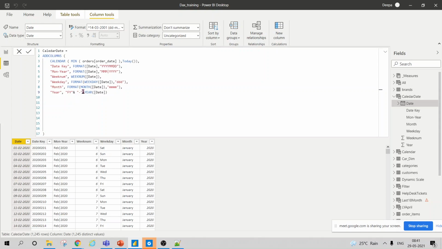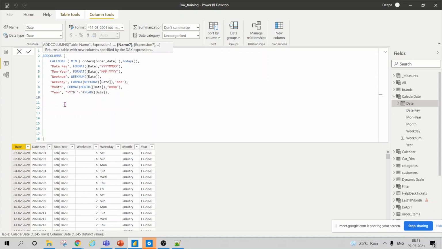So I'm writing this and this, so ideally it should give me the result. This is very much important when you are doing a visualization. They want it like this, FY 2020, and these stakeholders do ask for these things.